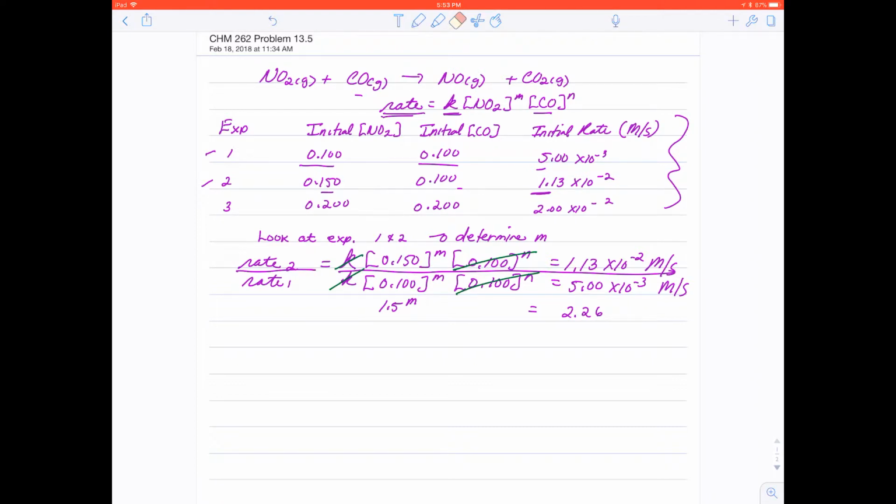So now what I need to do is, according to my properties of logs, I can write m times the log of 1.5 equals the log of 2.26,